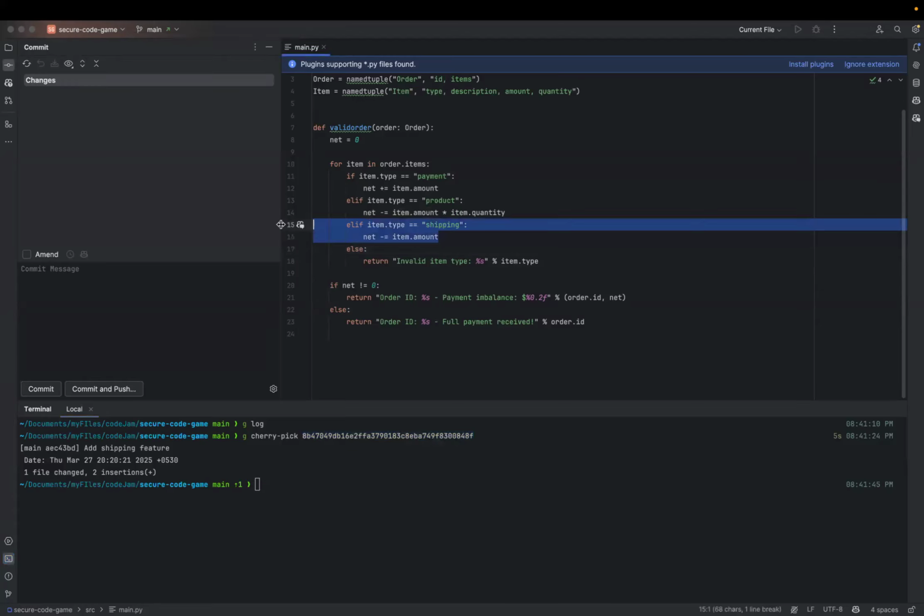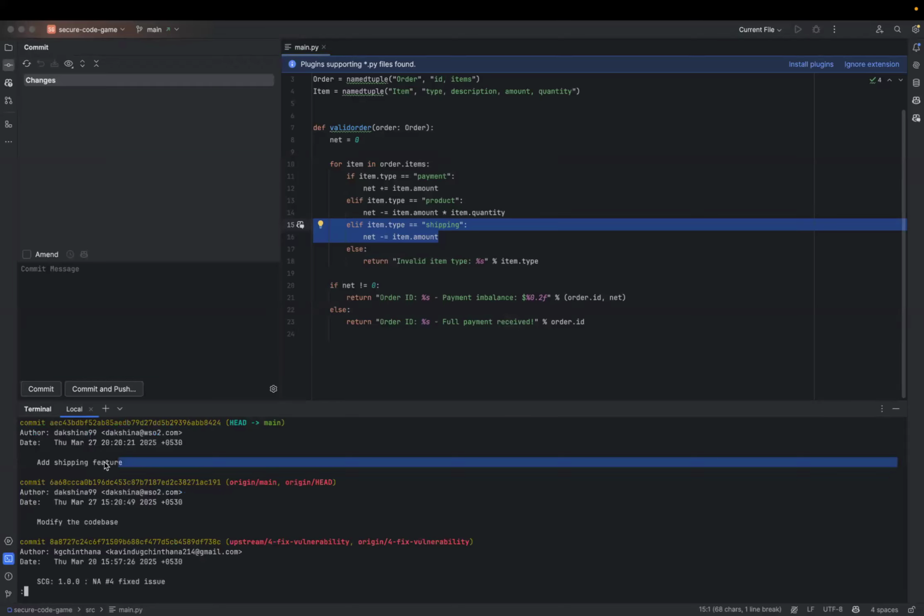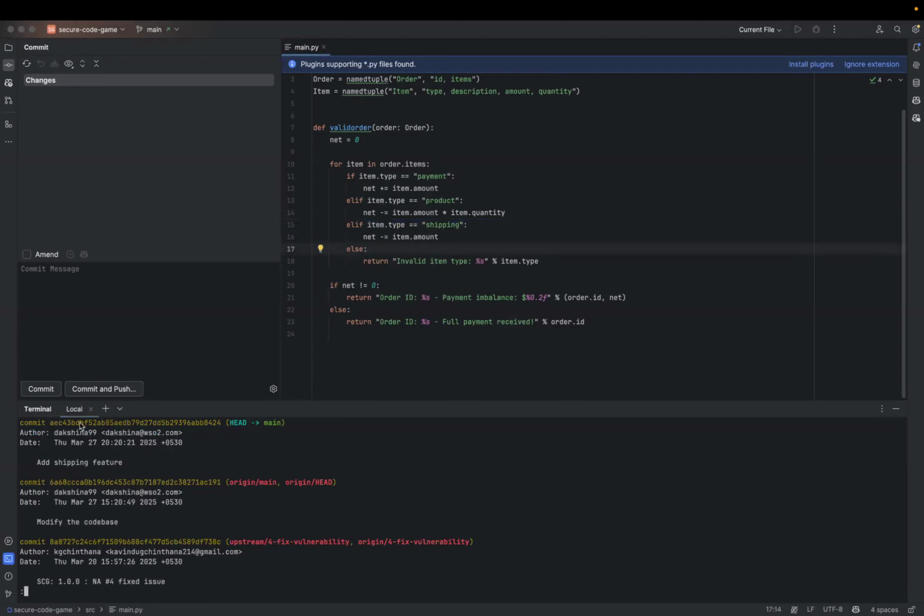You can see here the shipping feature, and when I hit git log here, you can see the shipping feature with the commit message. But the commit hash will be changed. Commit hash will surely change because a commit hash is a very unique one, no?